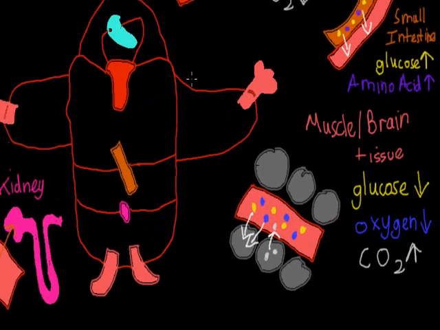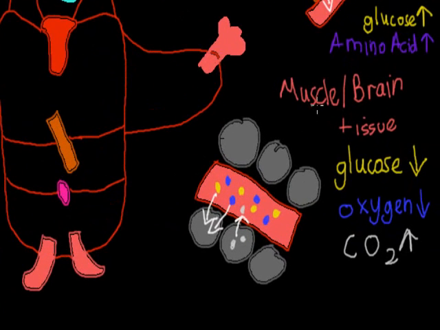The first one was when it reaches all these pink areas, the muscles or the brain tissue, so muscle like the leg or the arm muscle tissue. So what happens to the blood? We have three things happening. We've got glucose and oxygen going out of the blood, because of cellular respiration, and then through cellular respiration we create CO2 as a waste product, and that will go into